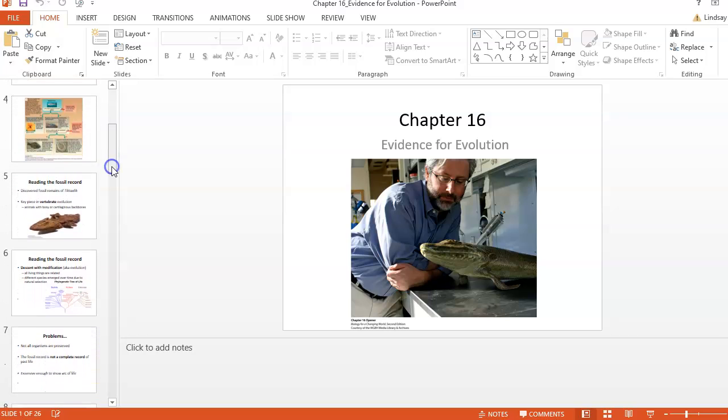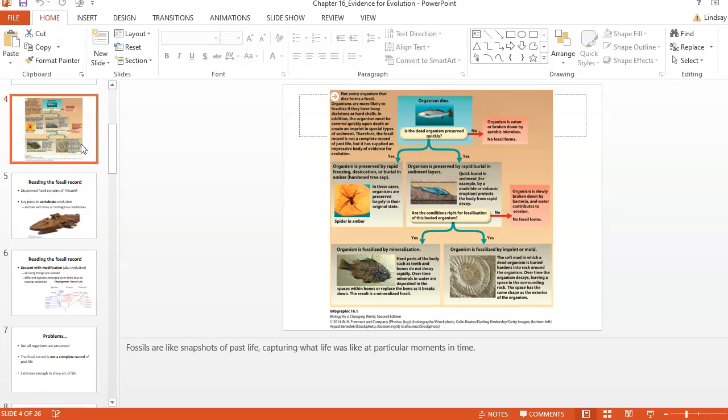All right, so one thing that you guys are going to be introduced to with this chapter is fossils and the fossil record. So the fossil record is pretty awesome. It can show you how you get really big changes in life forms. This chapter really focuses on the switch from life in water to life on land, going from fish to tetrapods, which we are tetrapods.